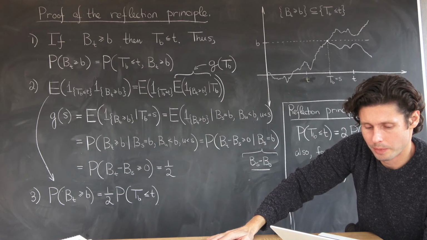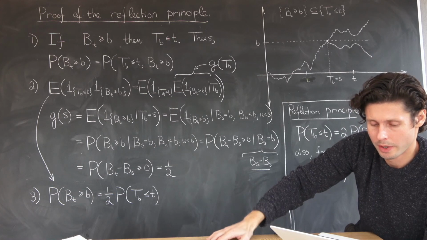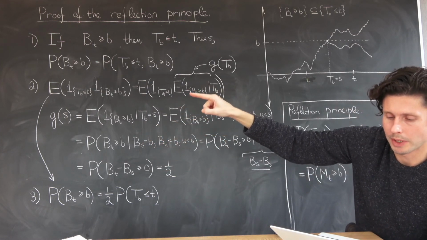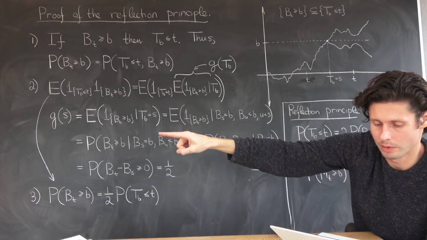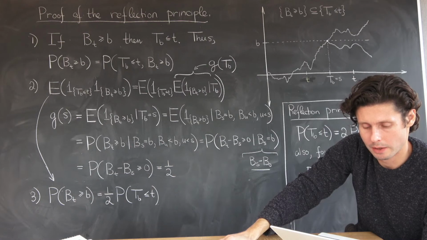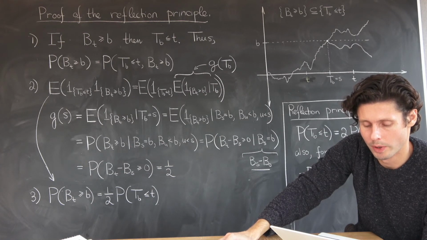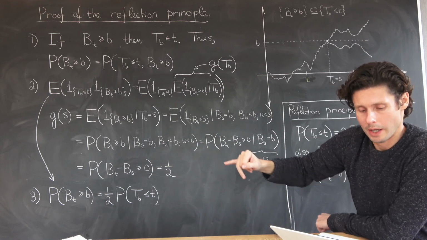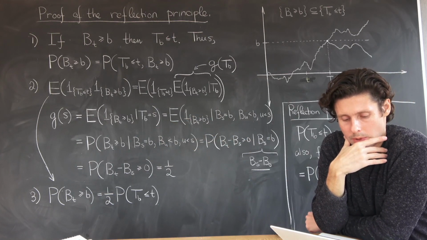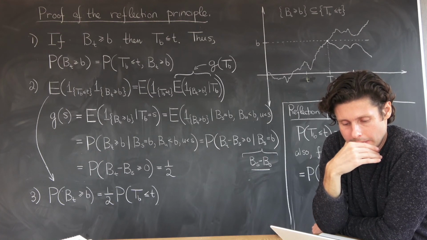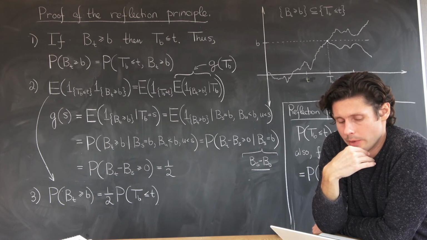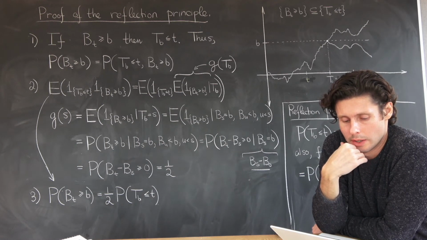So I can plug in anything now for the hitting time and have it be the same expectation. This is just the redefinition of the function g, plugging in any particular value of the hitting time that I want it to have. And now we look at this and think, well, what is T_B equals s? What does that really mean? It's basically, what does it mean that the hitting time of the Brownian motion occurred at time s?